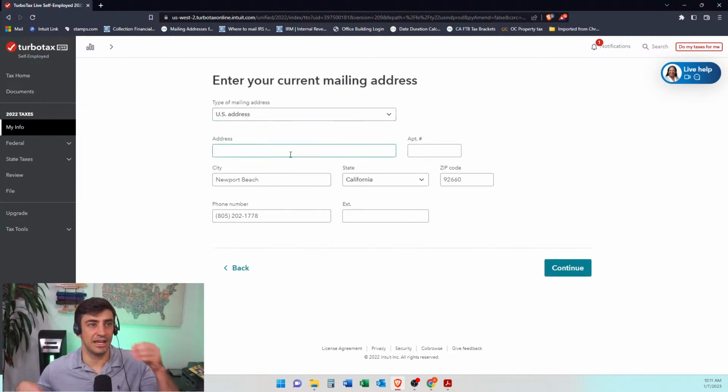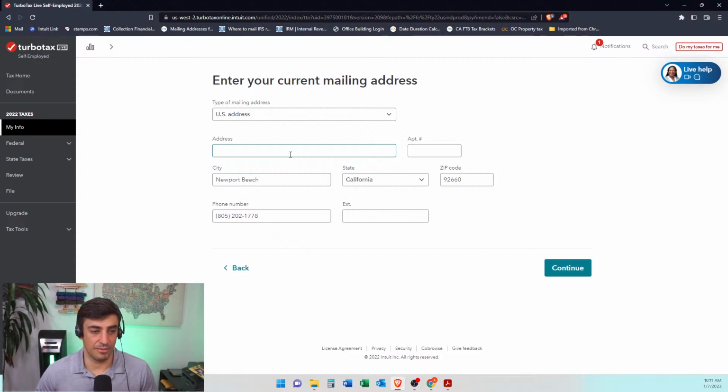Enter your current mailing address. So yeah, this is actually a very common question I get: what address do I use for the tax return? The address that is best to use for the return is your current mailing address, because if the IRS sends you a notice, where is it going to go? You want it to get to you, whether that be a good notice like a refund check or a bad notice where, hey, maybe they are going to put a lien on your account. You want to know this before they actually do it, and they will warn you. The thing is, if you don't get the mail,